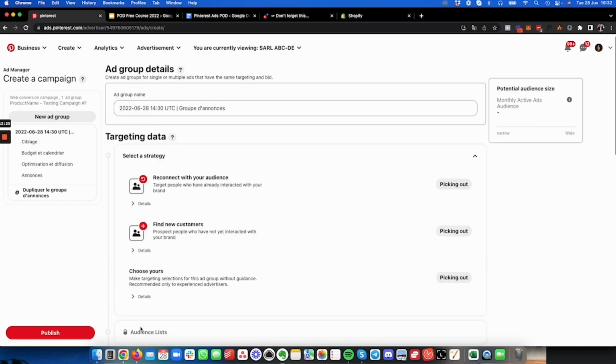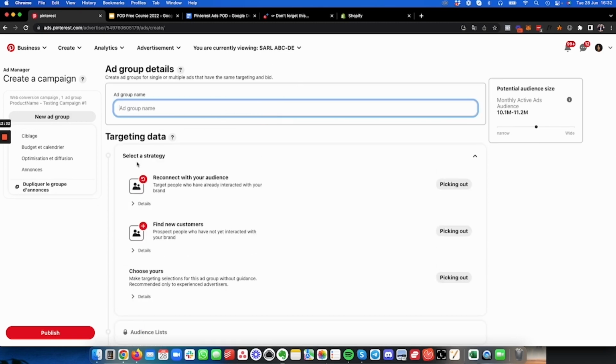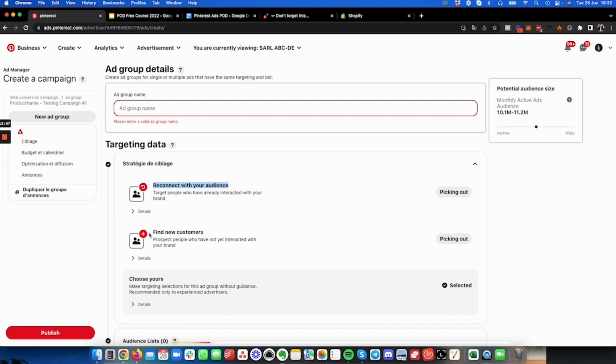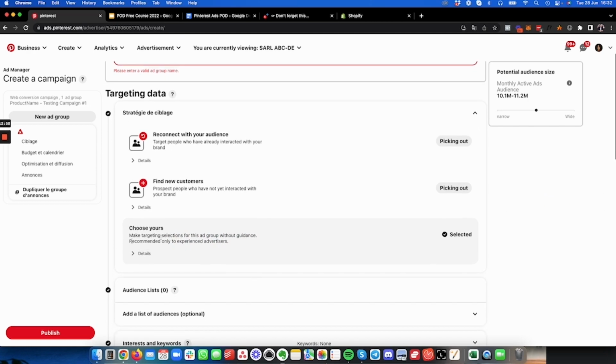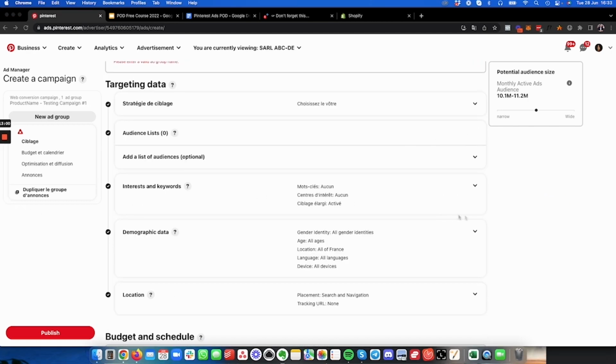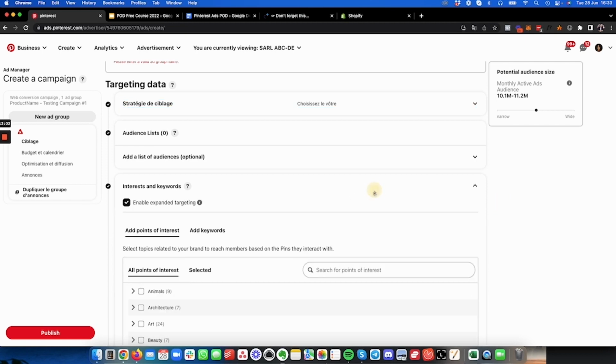Now we are about to go under the ad group, meaning the ad settings. As you can see here, we will leave the ad group name blank for now because we will change the name according to our targeting settings. Okay, and as you can see here, you can use retargeting audiences, or you can find new customers, or you can make your own targeting selection for this ad. We will go here with choose yours, which is the third option, and we'll start with interest and keywords,